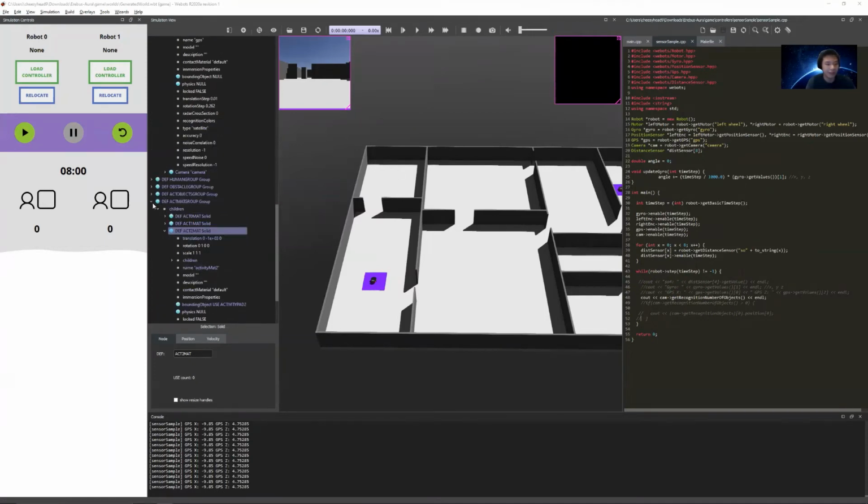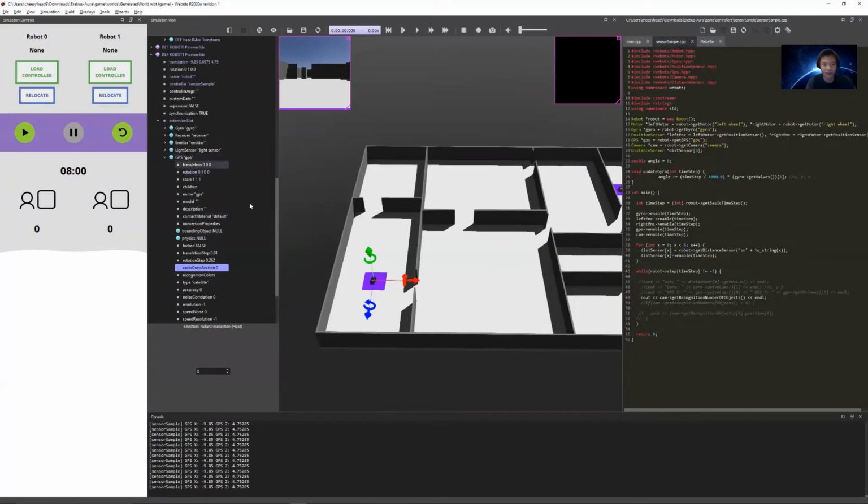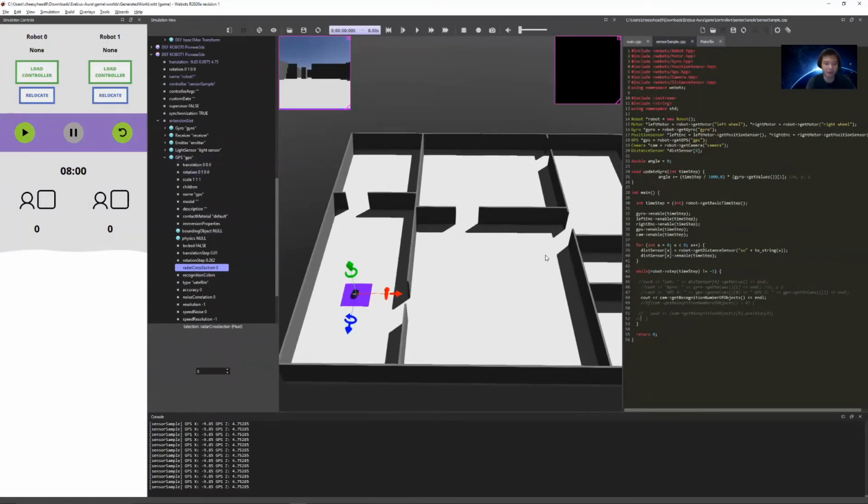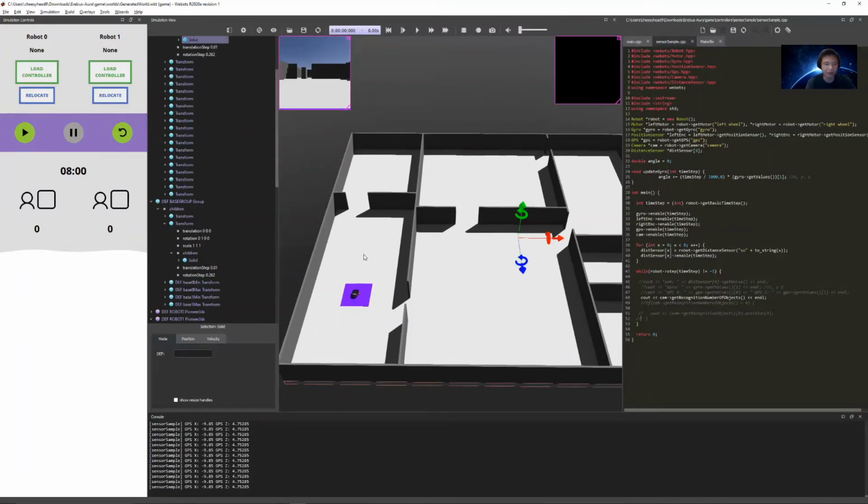objects within the game can have these things called colors. And this does not refer to the actual color of an object. Like, for instance, the ground is white or the walls are gray, but each object can have a color object associated with it. And what I mean by that is, for instance, if I were to run the simulation,